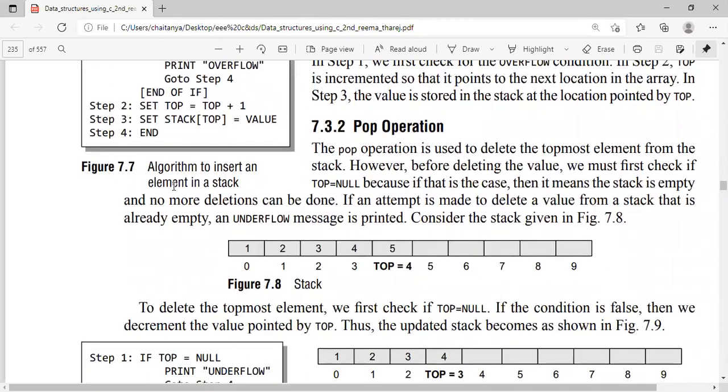The pop operation is used to delete the topmost element from the stack. So pop means, in other words, deletion from the stack data structure.